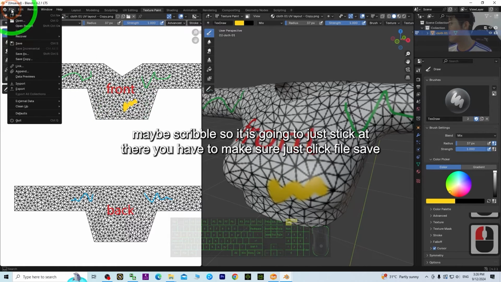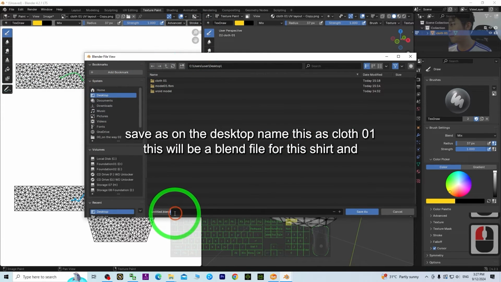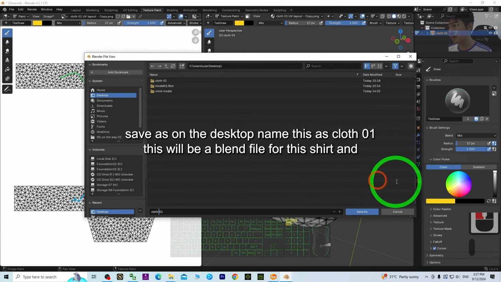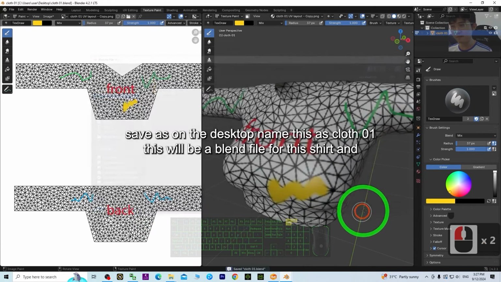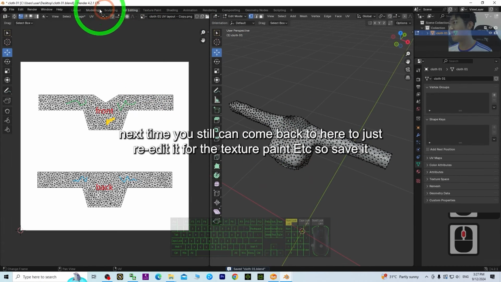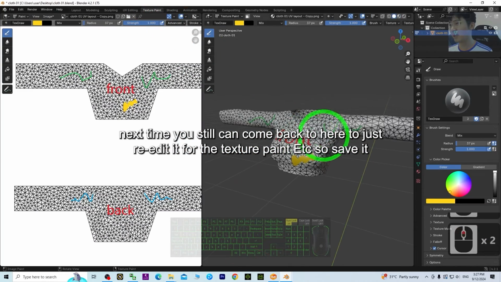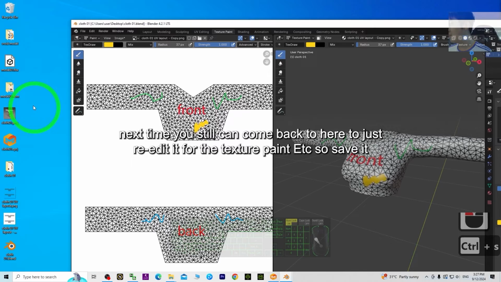You have to make sure just click File, Save. Save as on the desktop. Name this as Cloth 01. This will be a blend file for this shirt, and next time you still can come back to here to just re-edit it for the texture paint, etc. So save it,